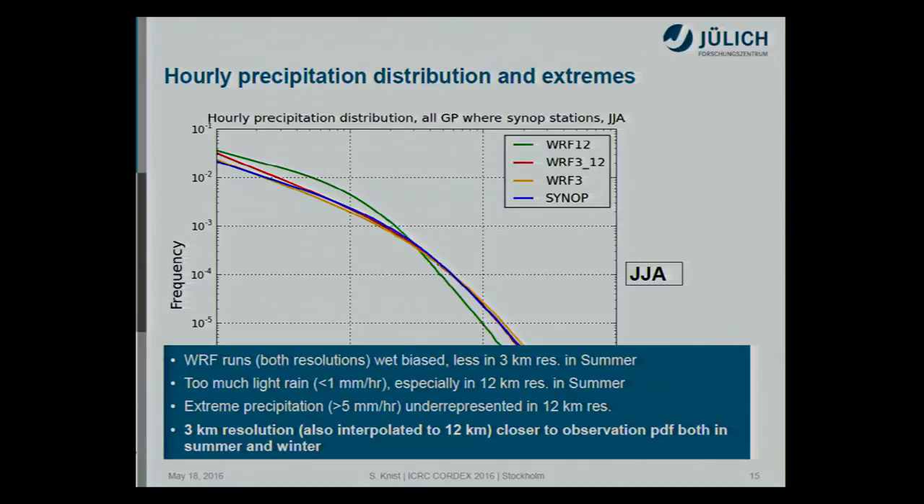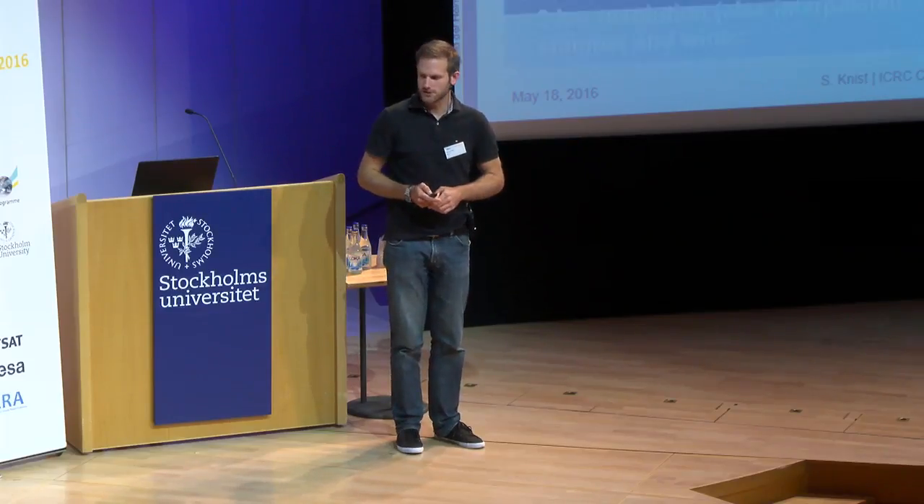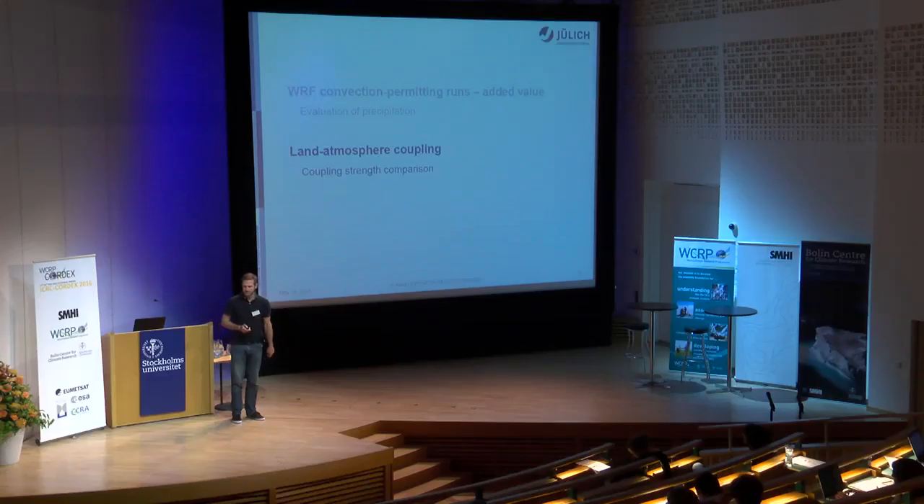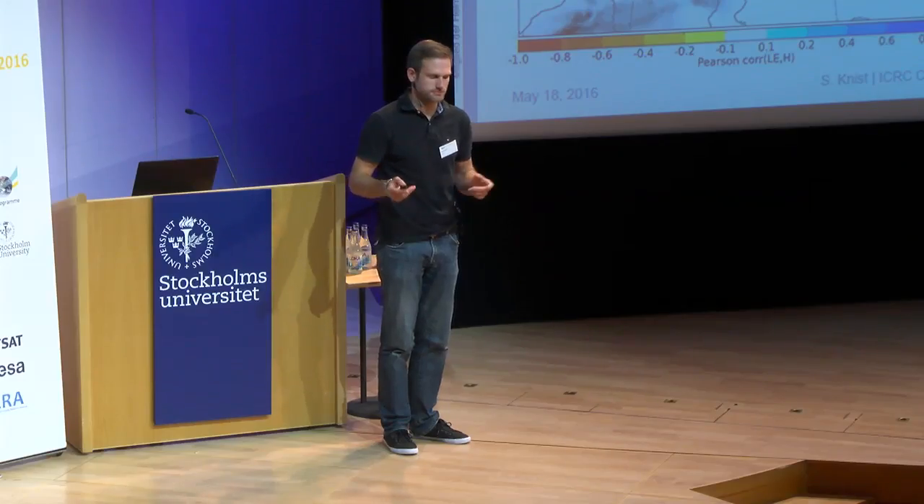So coming now to the second part of my talk about land-atmosphere coupling analysis. Land-atmosphere coupling is a quite comprehensive term for a lot of processes, feedback processes and interactions between the land and the atmosphere. And there are many different ways to quantify its strength. We focus here on the soil moisture temperature coupling, which is highly relevant, for example, for the evolution of